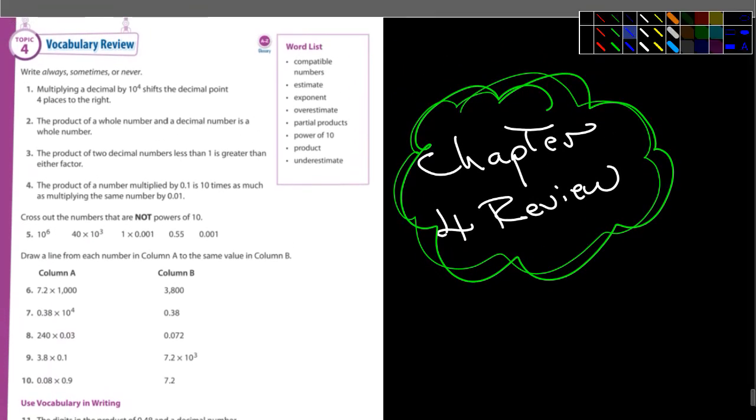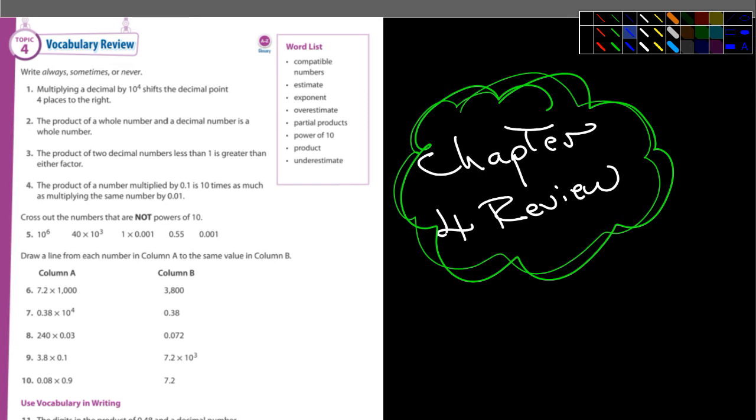You don't have to do the entire reteaching. So anyways, let's just take a quick look at this. You guys have done these before. For 1 through 4, it says write always, sometimes, or never. And so number 1, it says multiplying a decimal by 10 to the 4th